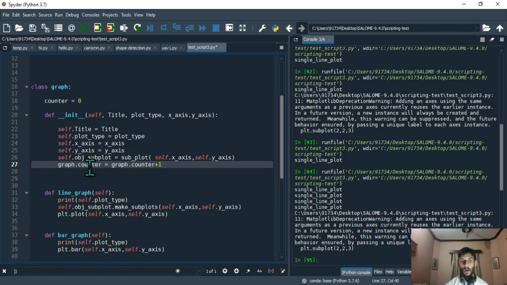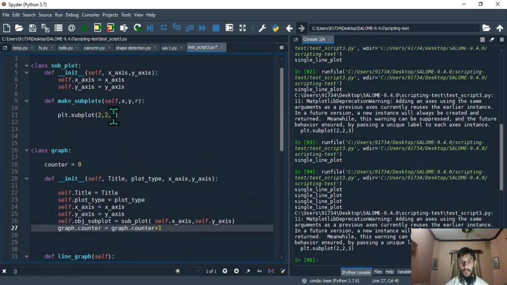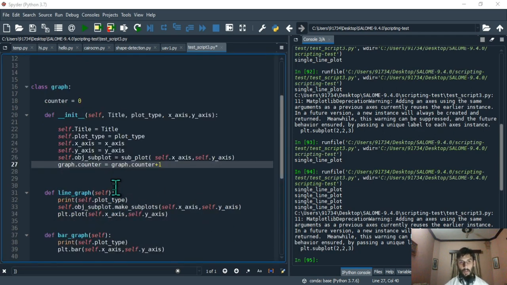Okay, so graph.counter, when you create your first plot, that's gonna become value of 1, and when you create your second plot, that's gonna go to value of 2. So all these values 1, 2, 3, so that should come here, right? So this is the place where these values should keep on increasing. So how do you think we're gonna do that? Well, there's only one way. Could be another way as well, but I think one is enough for us.